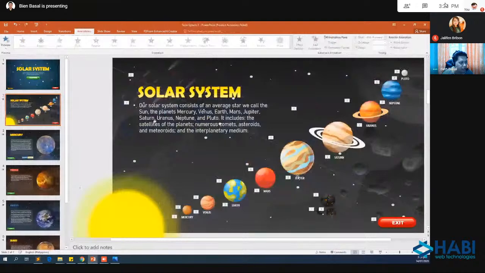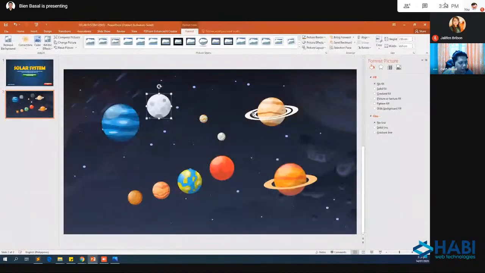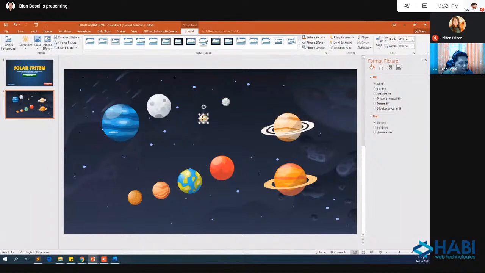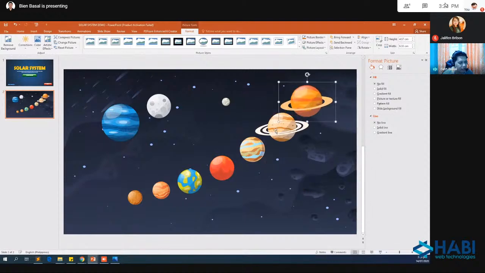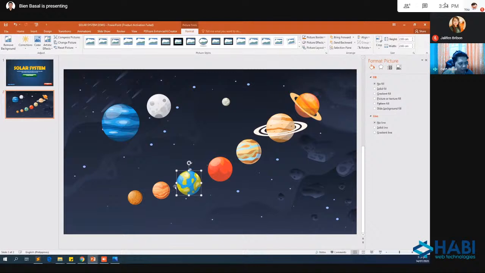Jupiter, Saturn. This one is Uranus. Medyo smaller dapat siya. And you can rotate. You can adjust all the images. Just align them one by one.